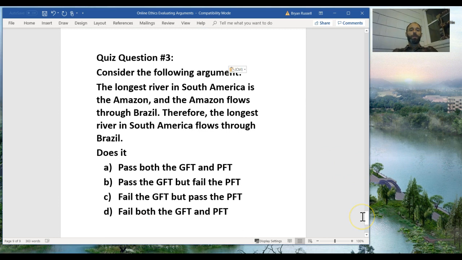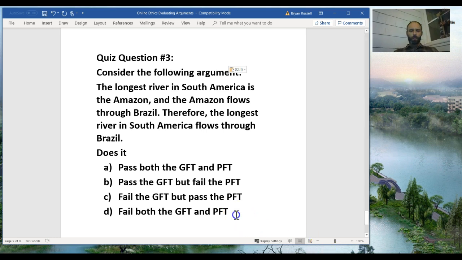Quiz question number 3. The longest river in South America is the Amazon, and the Amazon flows through Brazil. Therefore, the longest river in South America flows through Brazil. So again, same question. We have two premises here and one conclusion. So we have to ask ourselves,